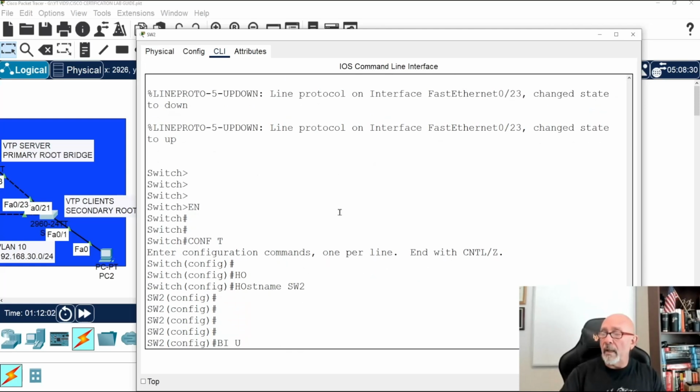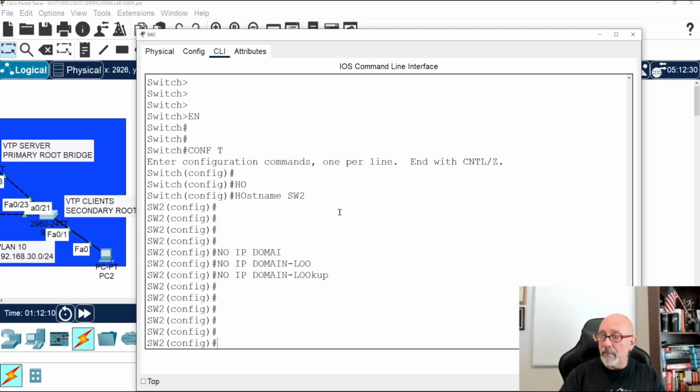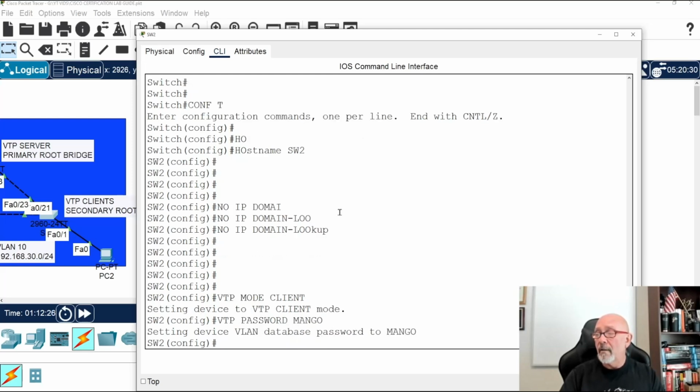And then no IP domain-lookup. Then VTP mode client. VTP password mango. I fast forwarded before that went through, so that's cool.